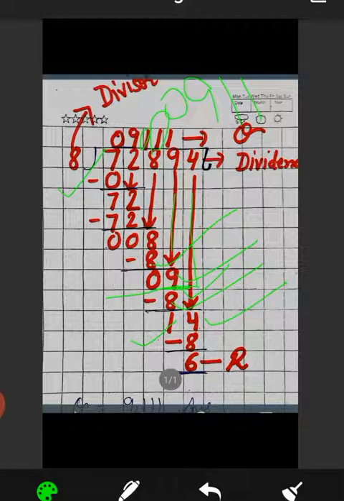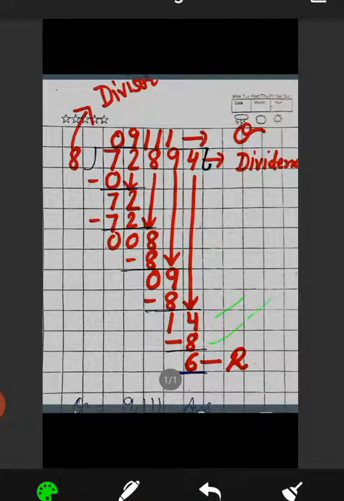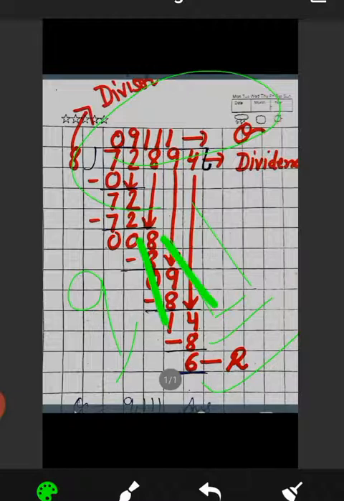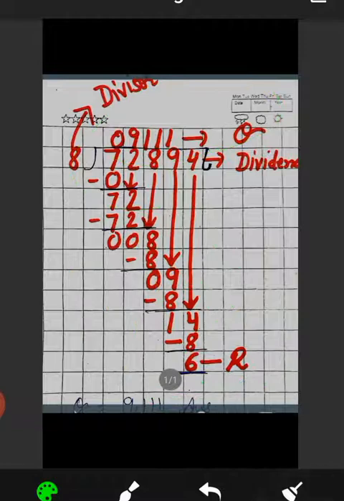So you know 8 twos are 16. 16 is more than 14. You go with 8. 8 ones are 8. Again 1 came in the quotient. So here write 8. So 14 minus 8 is 6. Whatever is the left part, that is the remainder. So what is the quotient here? 9111. 9111 is the quotient and the remainder is 6. The remainder is 6 here.